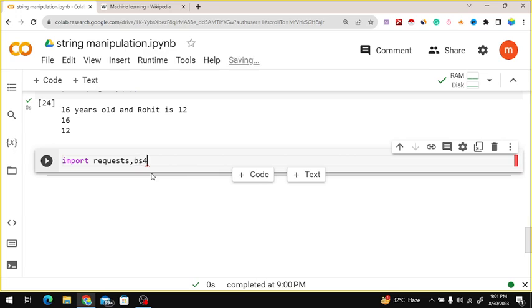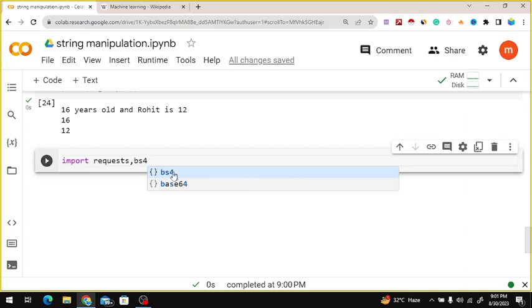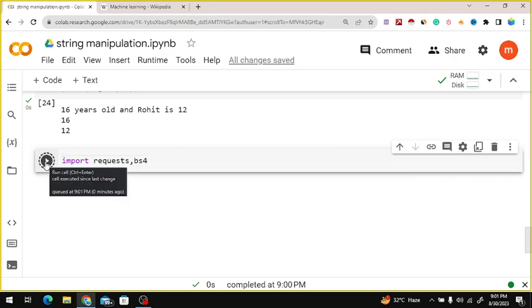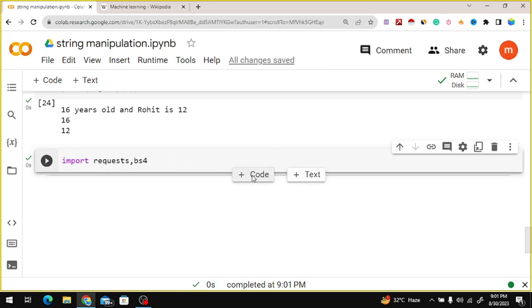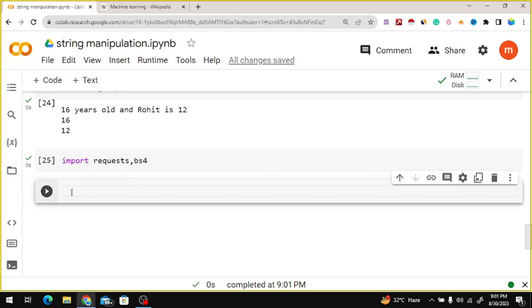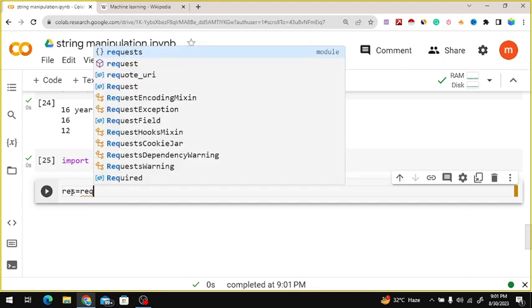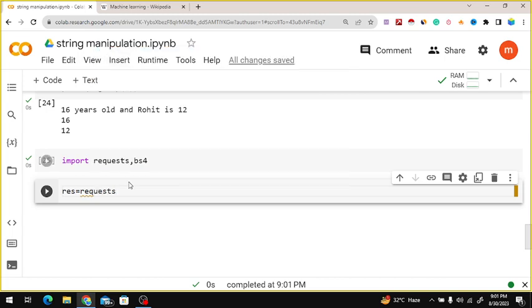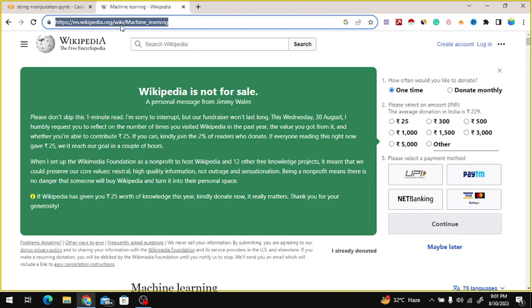So bs4 has been imported here, both have been imported, and now I am going to write the same application. res should be equal to requests.get, with a parenthesis and double quotation inside, and I am going to take the data from here.